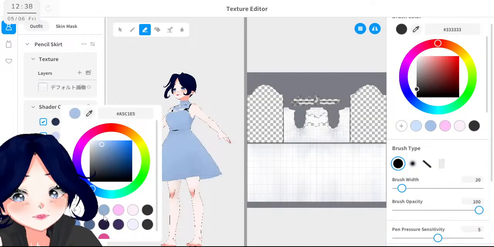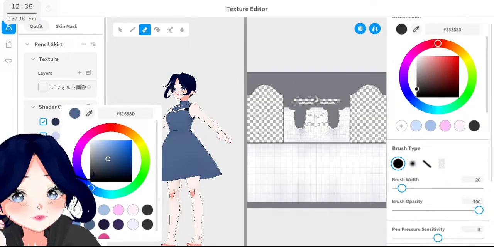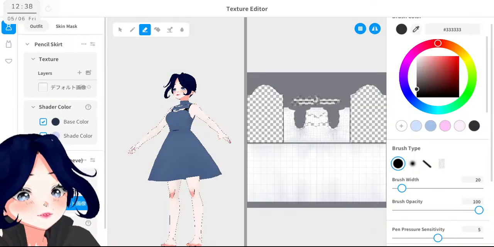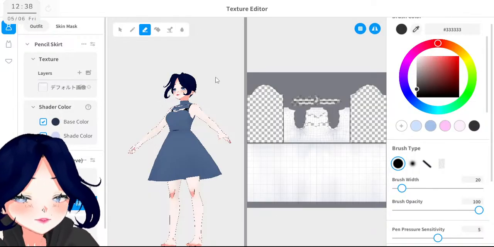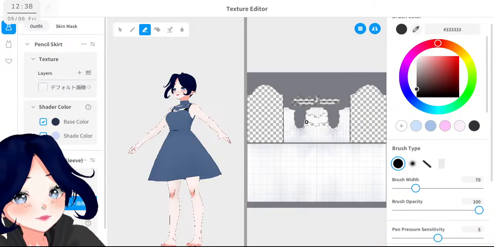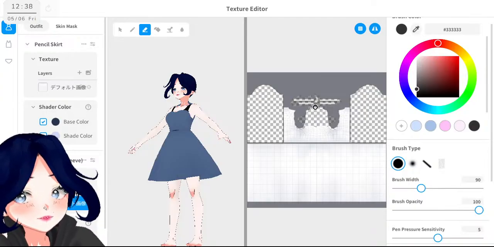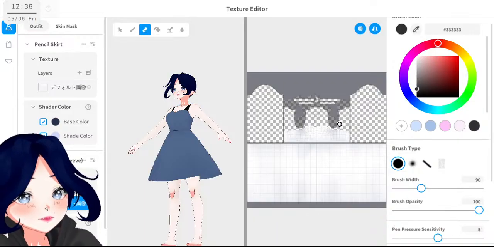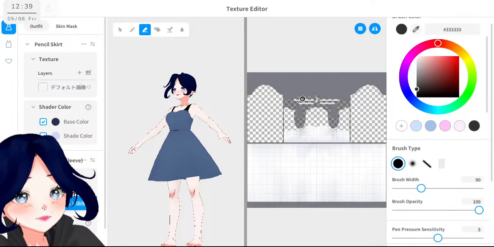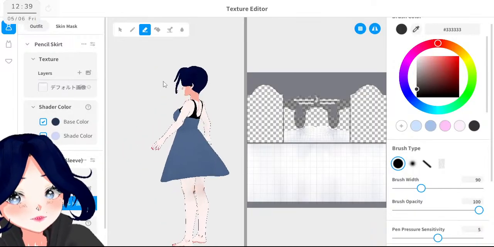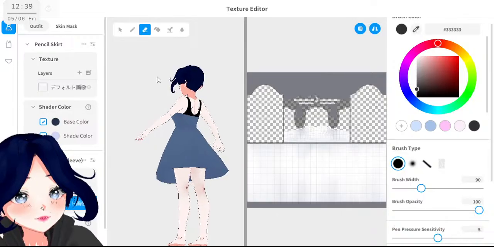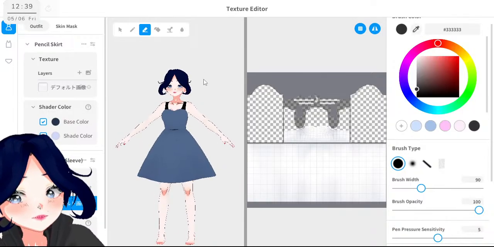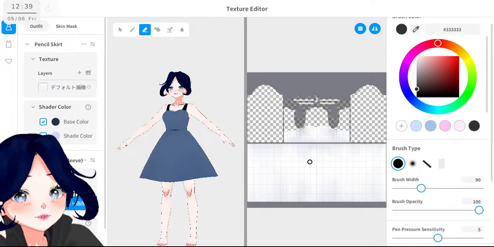Also, let me change the base color because I can't see anything like that. Okay, and the eraser. This part should be all of this, and all of this gone. Let me check if I didn't miss anything. Okay, good enough.